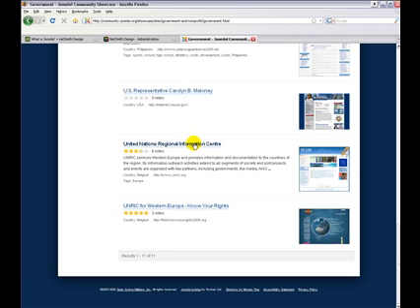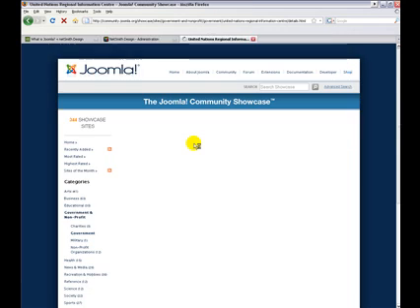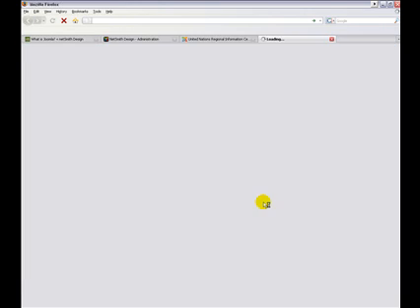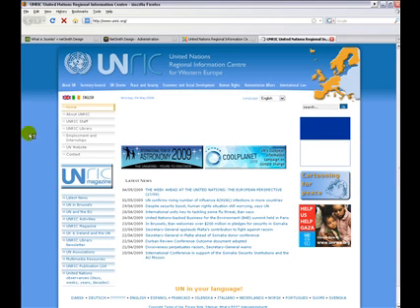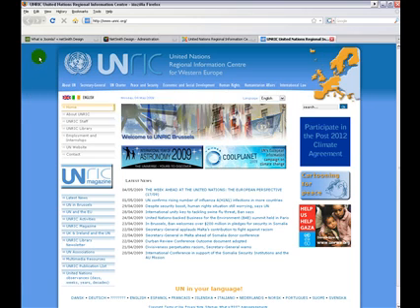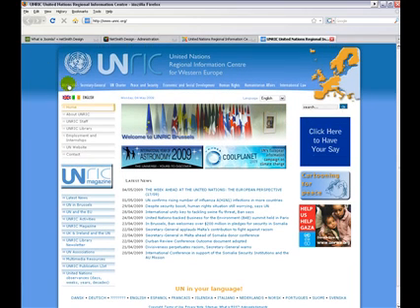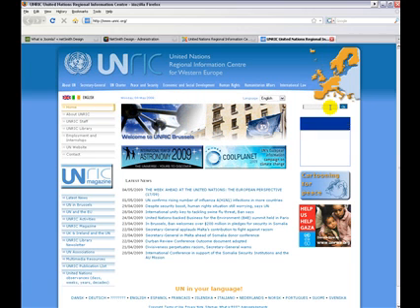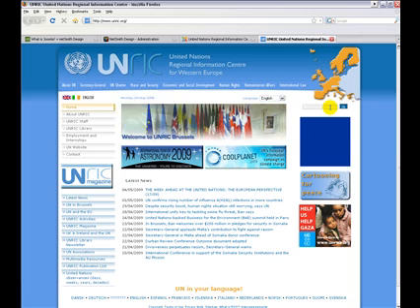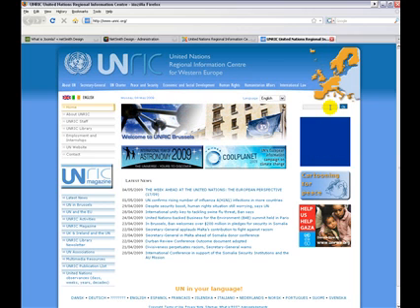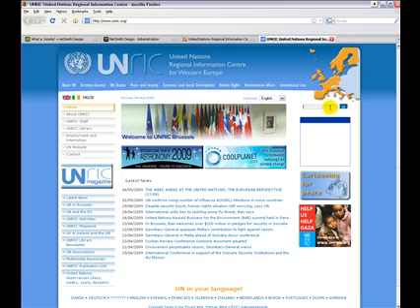The United Nations Regional Information Center, unric.org. They're using Joomla as their content management system. Let's go ahead and take a look at the main site. And here it is, folks. As you can see, we have a top nav, left navigation. We've got a search bar, which, by the way, is also part and parcel of the Joomla CMS. You can implement your own search without having to utilize, for example, Google's custom search, which is pretty neat and easy to install, but why bother with the extra work when it's